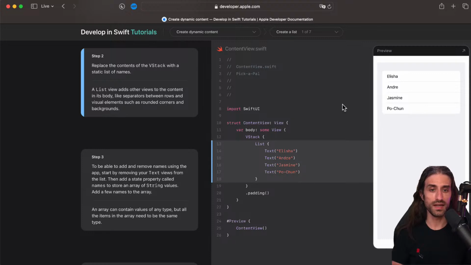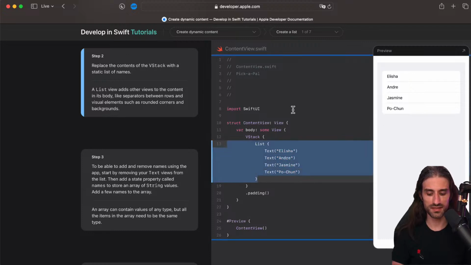The list displays the text, so the 4 pieces of text here, but it also adds style to these text views, because it doesn't just display the text on top of each other like a VStack would. It adds this inset rounded rectangle, it adds this gray background, and it adds these gray separators.